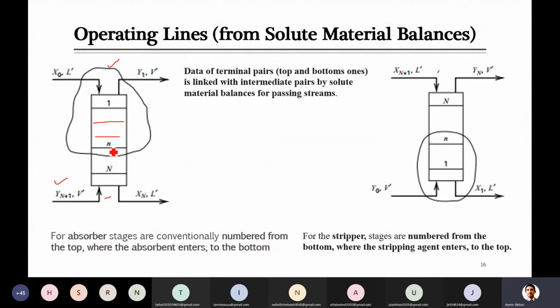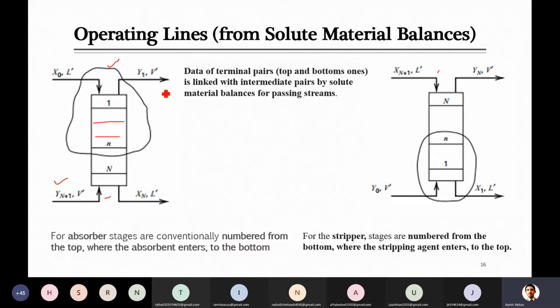The reason is that the amount of solute will be changing throughout the tower in the vapor as well as in the liquid, because when liquid enters here, we consider that this is the pure liquid being used as absorbent. So the amount of solute keeps increasing inside the liquid as it moves down. And similarly in the vapor stream, here there is the maximum solute, and as you keep moving towards the top, the amount of solute keeps decreasing. So here the solute amount is changing, so we can apply the balance on the solute and link this data.